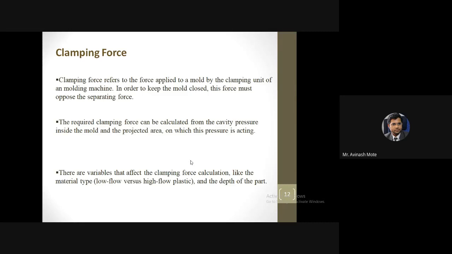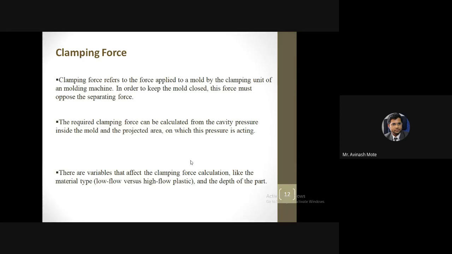Now let's take an example. A simple plastic plate we have to manufacture, a plain circular or rectangular plate, like a tabletop, which is only a plain surface. So it is a very simple part, just put the material inside the cavity.